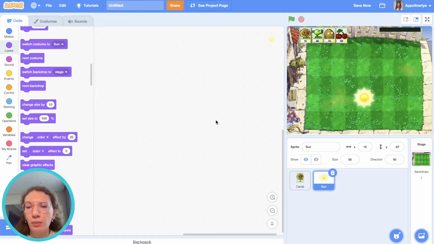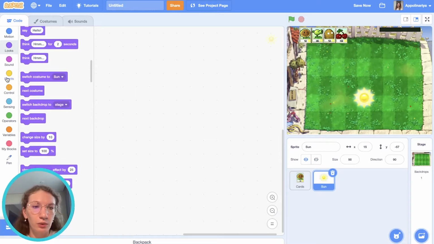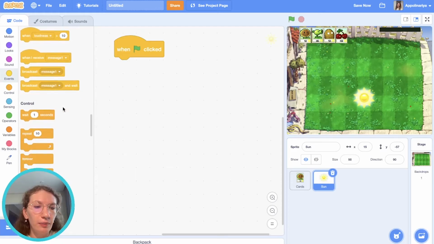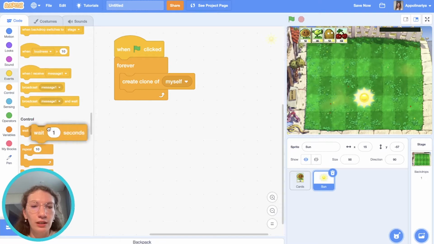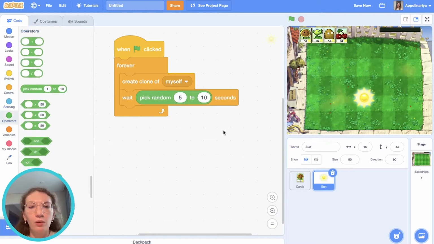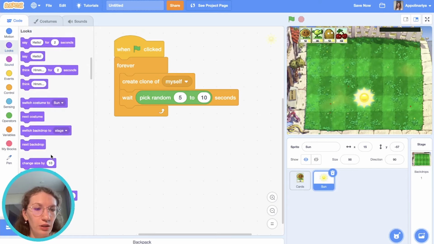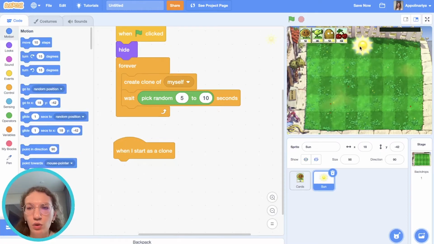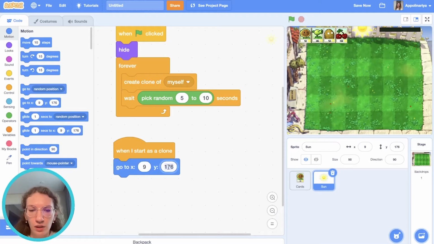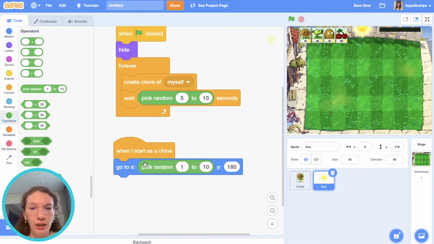Of course, because we have a lot of suns, we will create clones. When the green flag clicked, forever, create clone of myself, and let's do it with a random delay from 5 to 10. The original sprite as usual should hide. When I start as a clone, the sun should go to some coordinates: go to y is a constant, the biggest value 180, and x position will be random, we pick random from somewhere here,